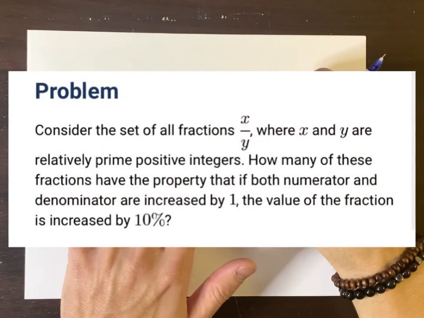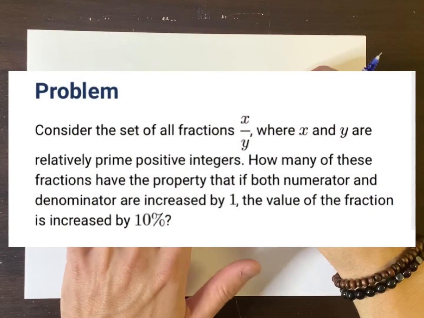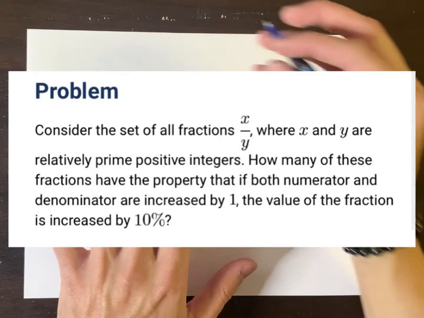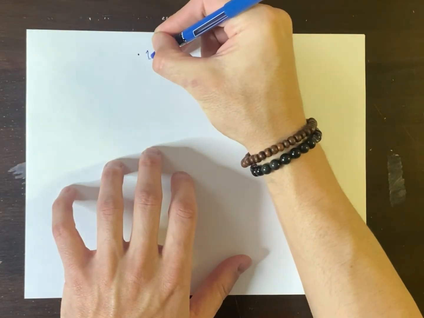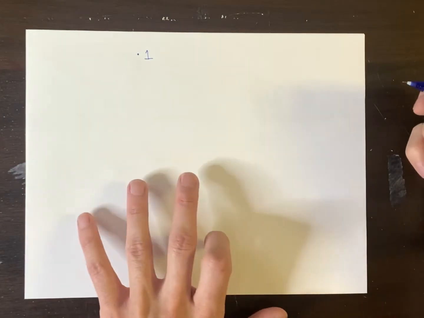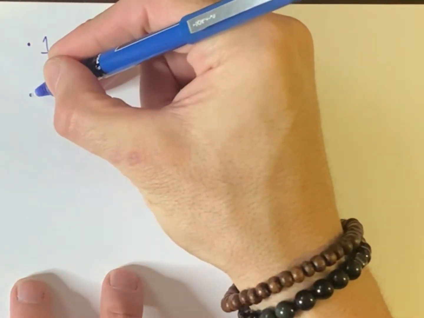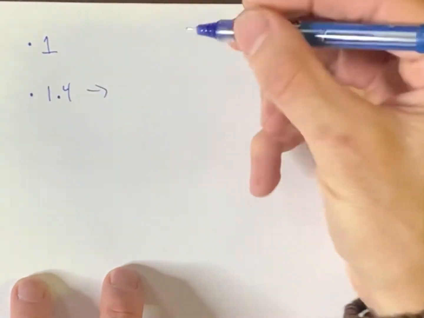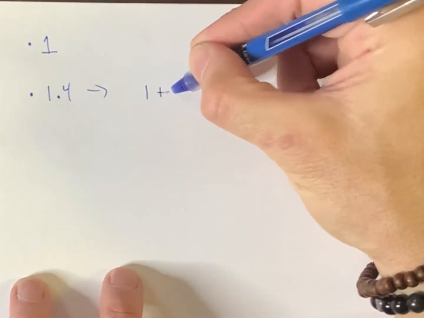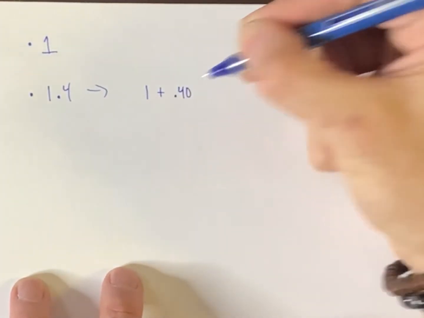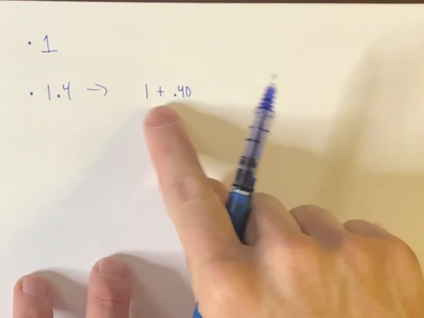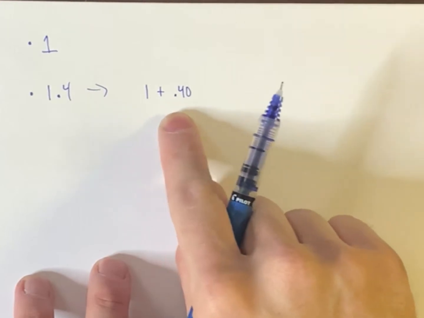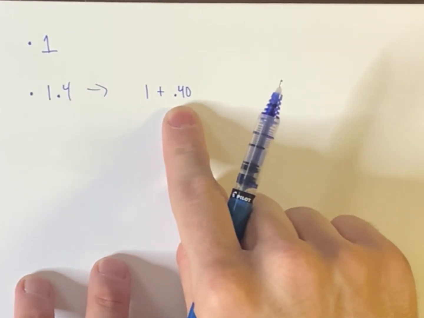So take a look at this problem right here. Now the key part that I want to establish is how you increase something by 10%. Check it out. If I multiply something by 1, I have not changed its value. What if I multiply something by, let's say, 1.4? Well, notice this. 1.4 is the same as 1 plus 0.40, where if I multiply by this much, the 1 keeps you as is, but the 0.4 is going to increase